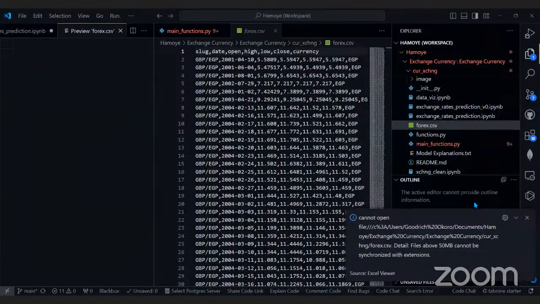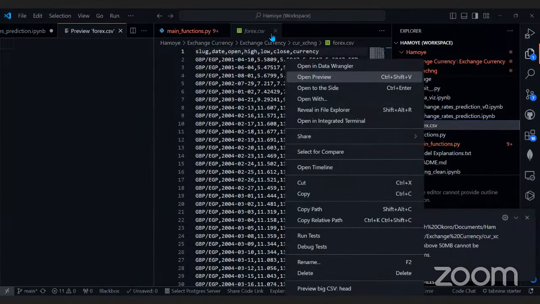Okay, hold on, let me read what is there. File above 50 MB cannot be synchronized. Okay, the file is actually large. Let me try opening it with the data wrangler.